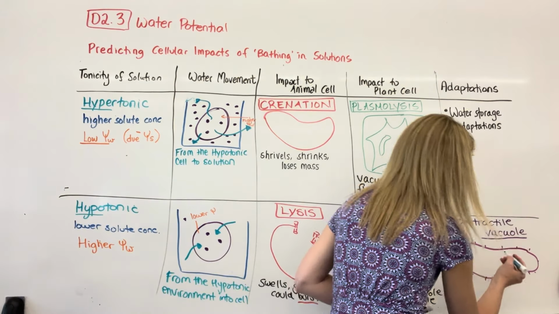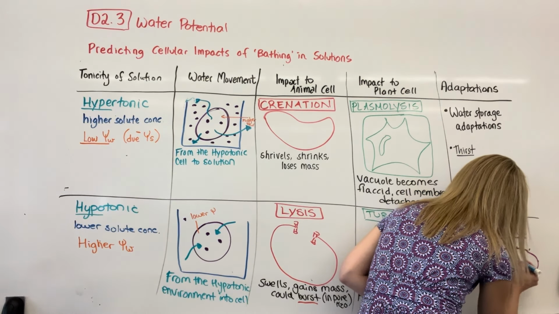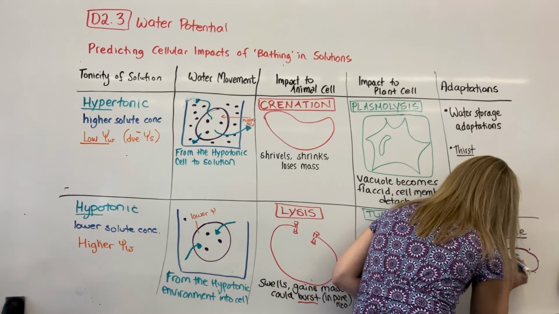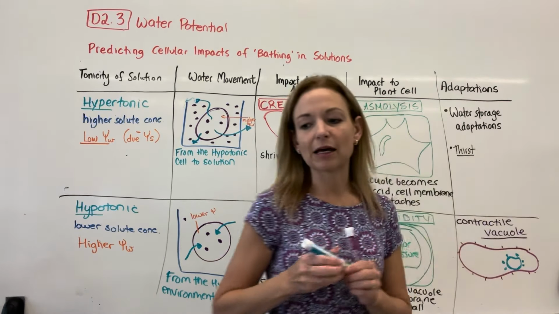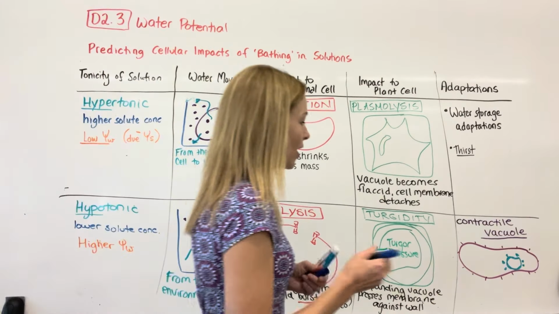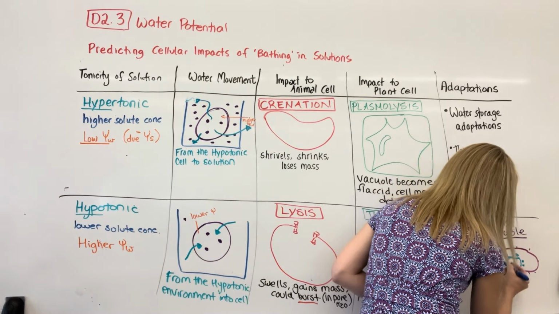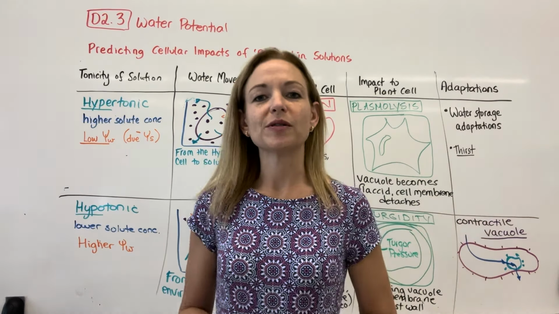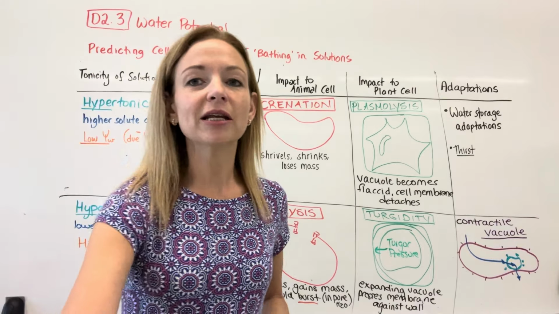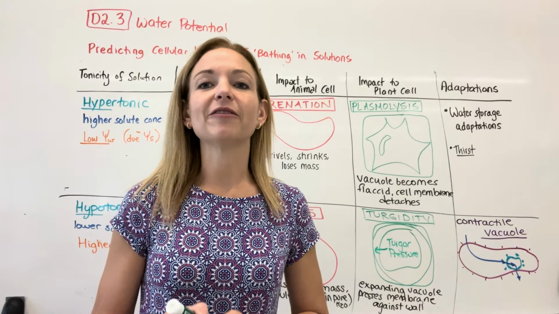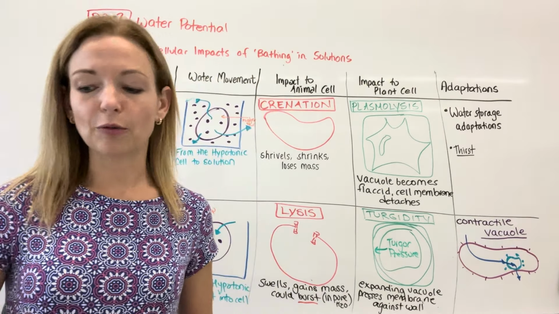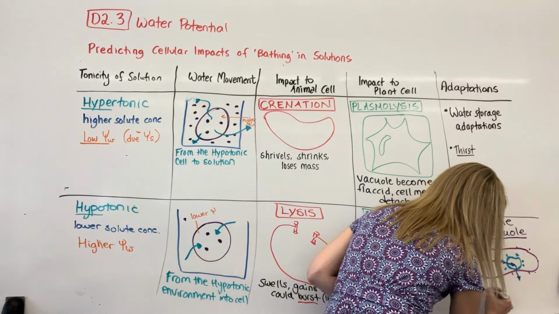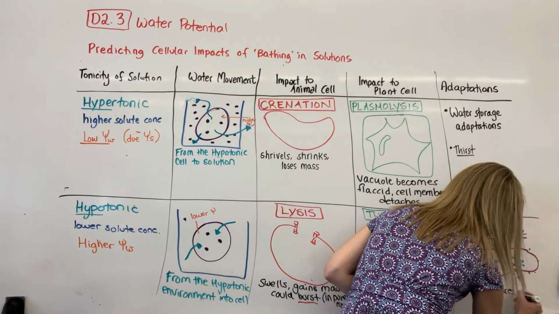it's going to have an internal system. So it's going to have this contractile vacuole that's going to sit pretty close to the cell membrane. It usually has these little triangles around it. And what that actually means is that when it is starting to absorb water, the water that comes into the organism goes into the contractile vacuole and then out by exocytosis. So it's just an adaptation to allow organisms to live in fresh water, even if they're only one cell big. So it basically removes water by exocytosis.